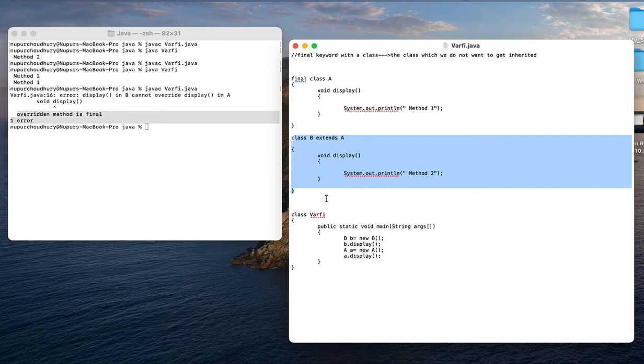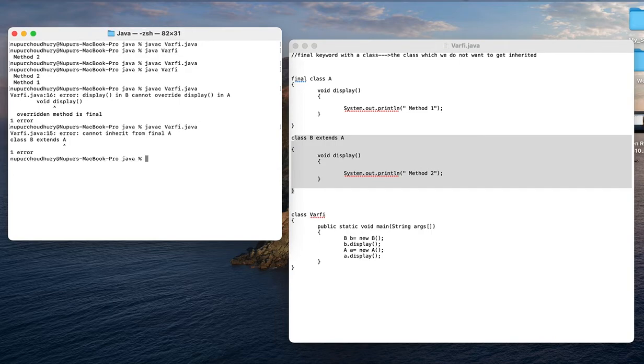I will first save this and then I will execute it, okay. So see here, when I'm compiling this, right here itself I am getting an output which is saying that it cannot inherit from final A.